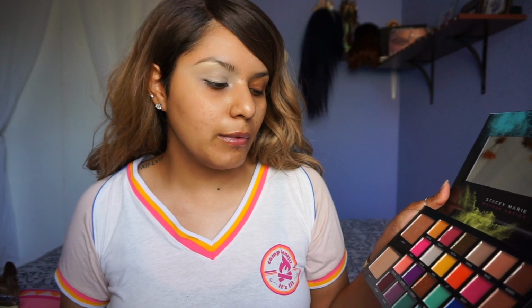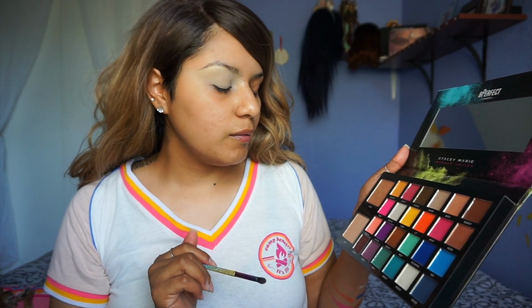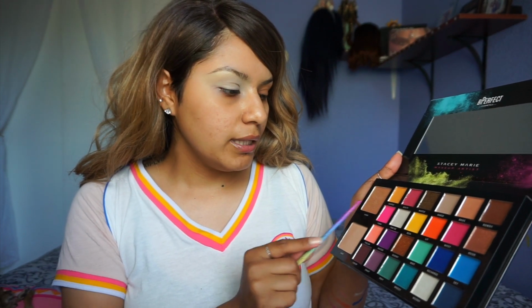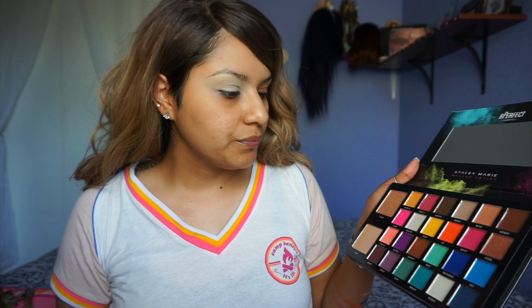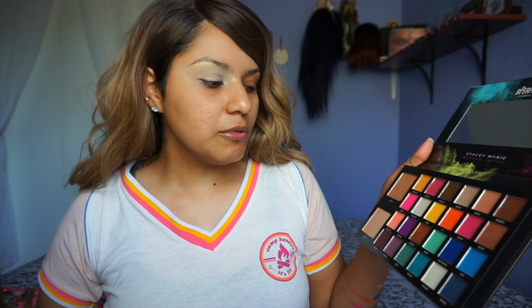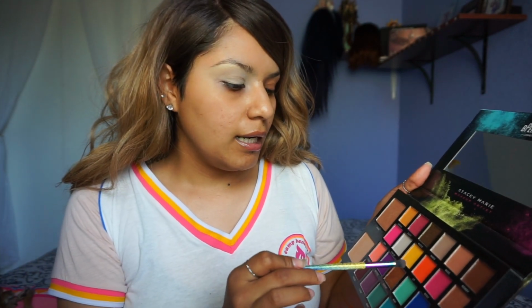I don't know if I want to recreate a look of hers or do my own, but I'm leaning towards doing my own because I want to use some of the color. Some of these colors are just calling my name. I really like this pink one and this one, but then these mustardy shades are also calling, and this one, and the blues. I think I'm just gonna play with some of the colors. I don't know what I'm gonna do yet. So I'm just gonna take this one,